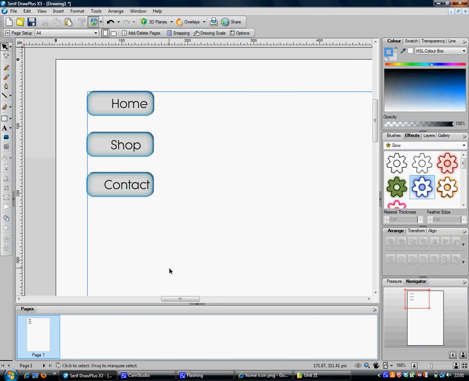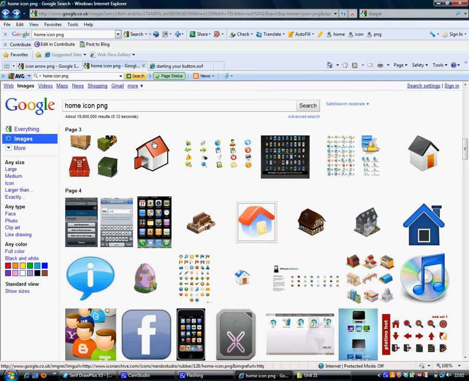In this next tutorial I'm going to show you how to add an icon to your button. Now I want a little house icon on my home button, and I want it to be the shape of a house in a very simple graphic. So I've done a Google search, home icon PNG, which is a file type like JPEG or bitmap, but PNG